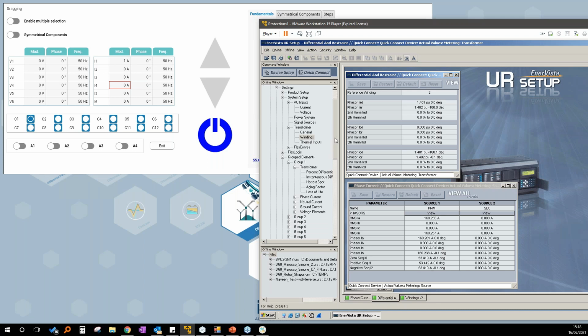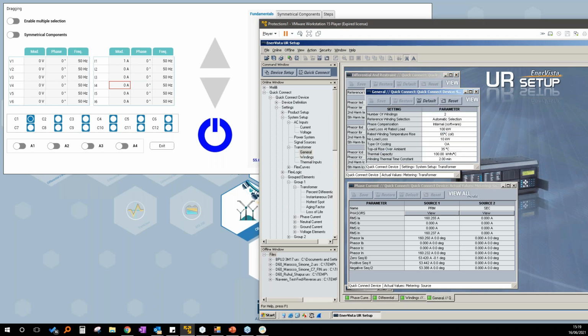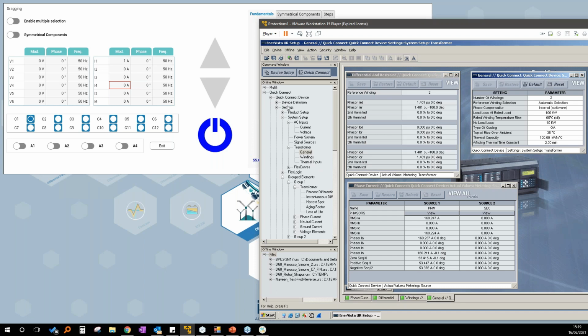So when you do the test, you also have to take into consideration the possibility that all these compensations are not enabled. So all this explanation will be useless. This magic parameter is this one. Settings, system setup, transformer, general.